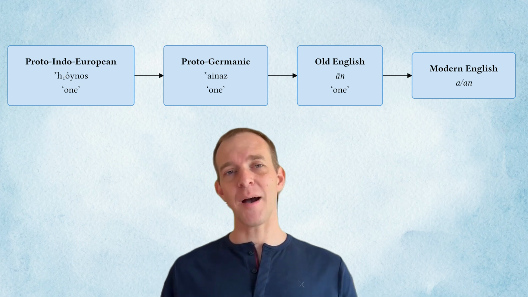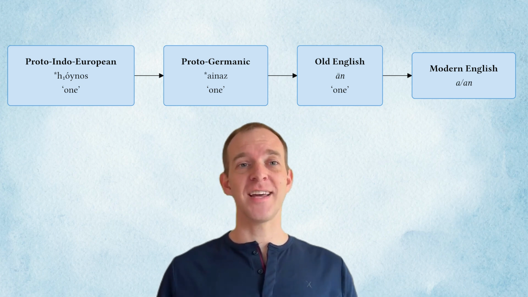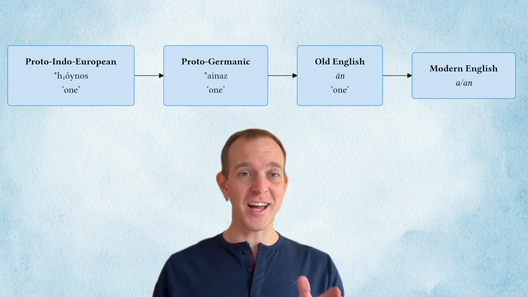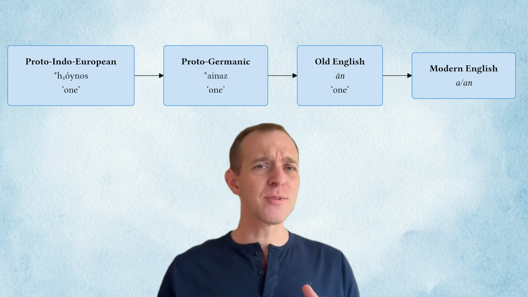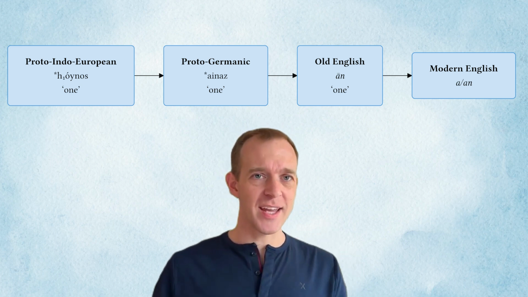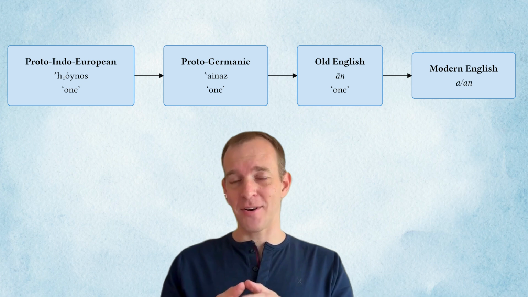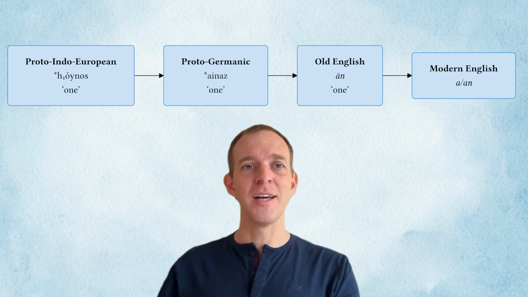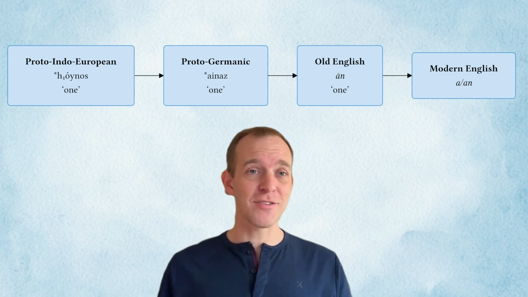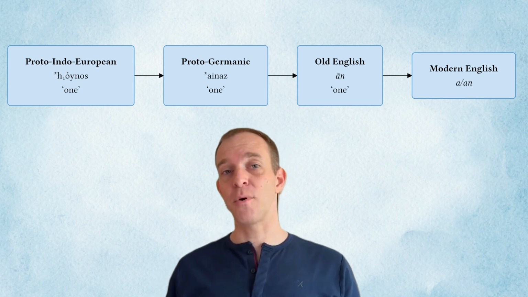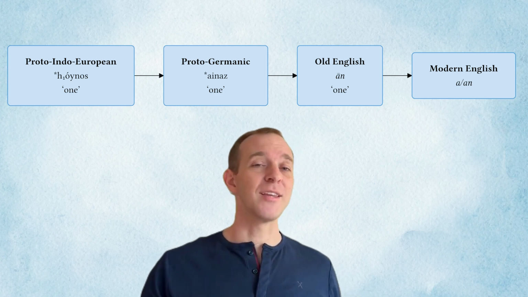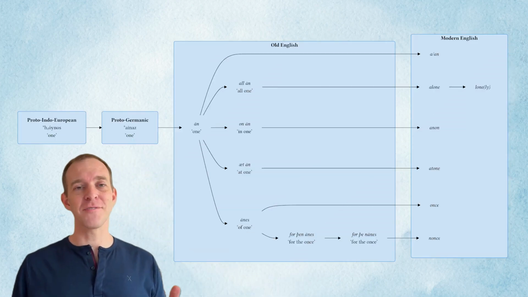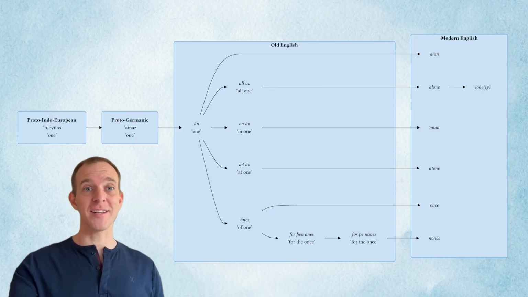It became so common for "on" to function as an indefinite pronoun, meaning someone, that it became the indefinite article "a" or "an" in modern English. There was so much variation in whether the n of "on" was perceived as being part of the word "on" or part of the following word when that following word started with a vowel, that eventually the pattern generalized. So today, the word "a" is used before words that start with a consonant sound, and the word "an" is used before words that start with a vowel sound. So we've gotten all of these words already just from words in Old English alone.